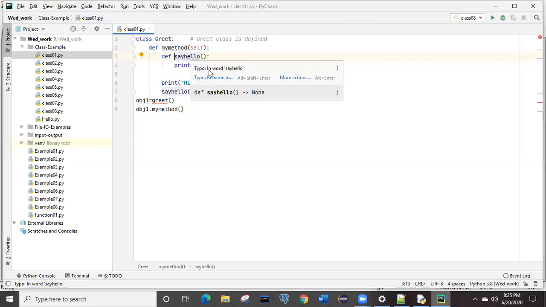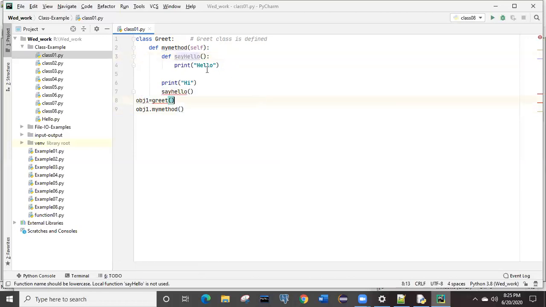Now you can see it is also pointing out some warning, saying something about the words in say hello, and it is going to give you some definitions also. If you wish, you can make it like this one, because we will follow the camel case convention a little bit over here. And this was the name of the class, so we have given this one. Now logically, this class is completed and it has no errors, right?